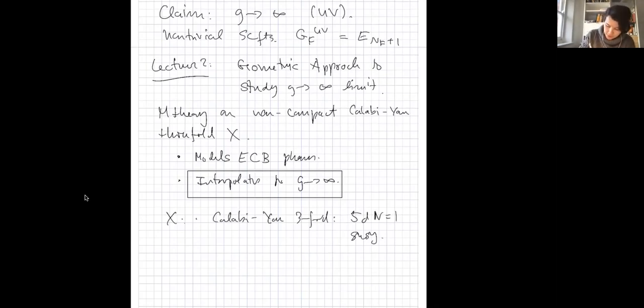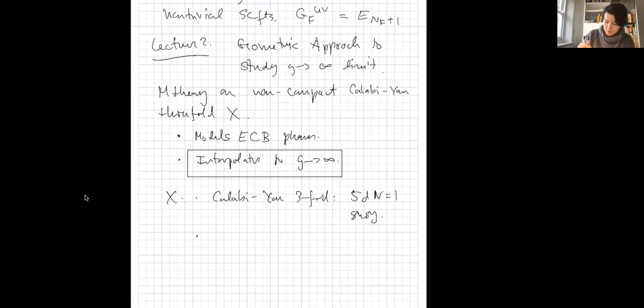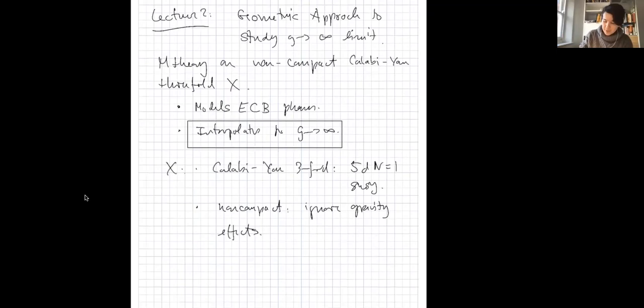We're actually not interested in coupling this to gravity, so we're totally happy to take this to be non-compact, as we're only interested in gauge theoretic aspects, so ignore gravity effects. You could couple these theories to gravity, then you would have to ask yourself how you compactify these, but we're only interested in gauge theoretic aspects. And then finally, in fact, what we'll need is not just some nice, smooth, non-compact Calabi-Yau geometries, but in fact,